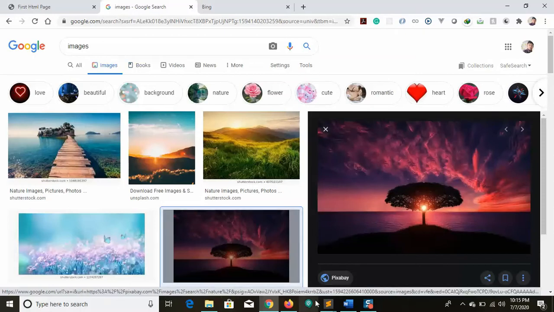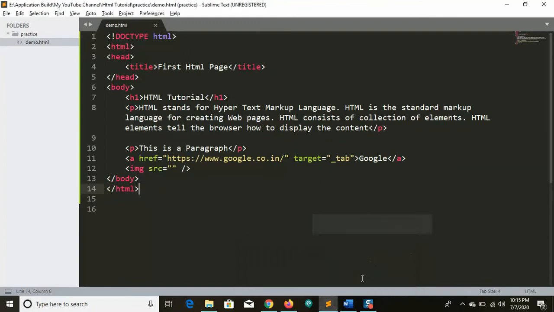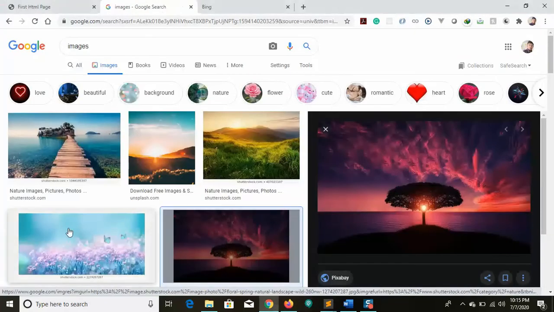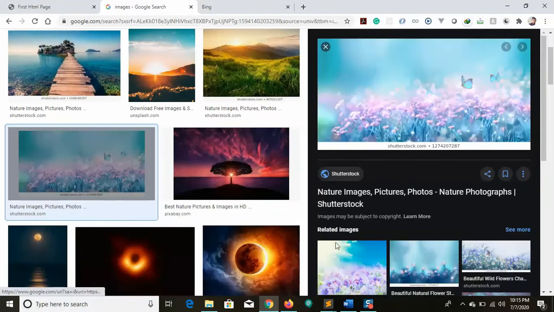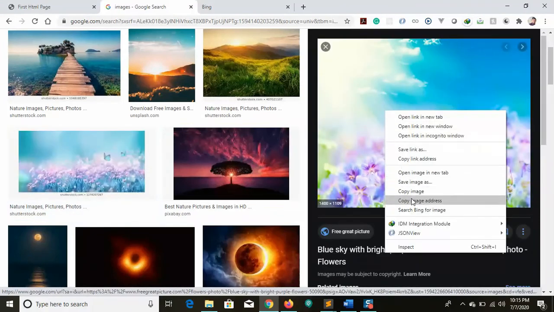Okay, I have copied the URL. Let me see how long the URL is. You can see this image has this much URL. In your case, maybe if you select any other image, let me go with this or any other image. Let me copy the image address.